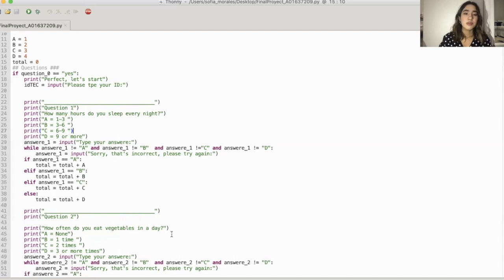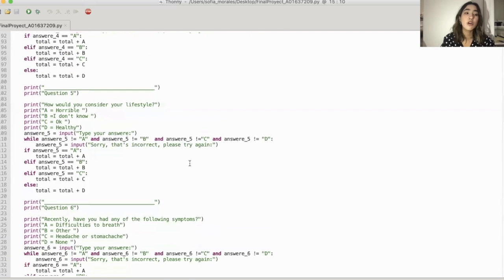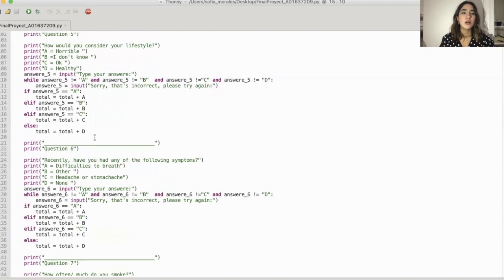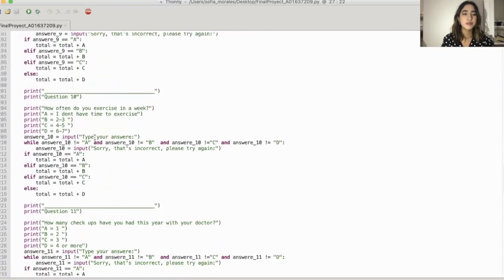So for example, let's look at another one. For example, how would you consider your lifestyle? A equals horrible, B equals I don't know, C okay, and D healthy. So as I said, each letter has a value. Normally the D is the healthier answer. Yeah, then if we go to the bottom of the program, we can see